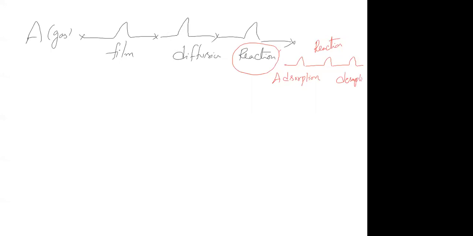All these three I have captured as a single surface step. But imagine that I am a particle. Now I have crossed the film, I have crossed the diffusion, then I am on the metal surface. Then I have to sit on the surface, which is adsorption. Then I should react, which is the reaction. Then once my reaction is over, I have to desorb from the surface. On the surface, I have three steps again, because I have to sit on the surface, I have to react, then I have to come out of the surface. So all these three happen on the surface. That is why I'm capturing all these three as surface reaction.